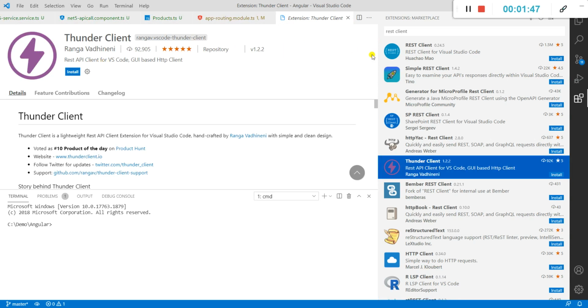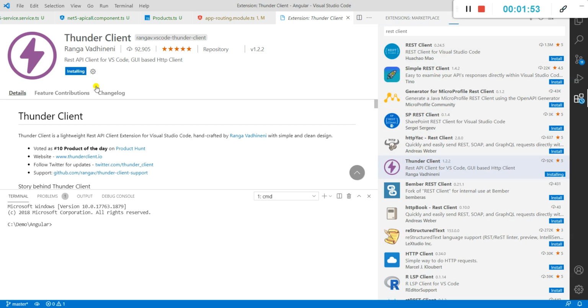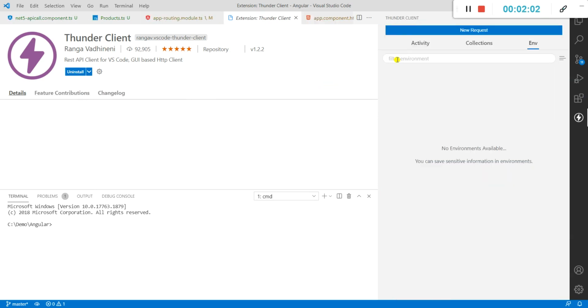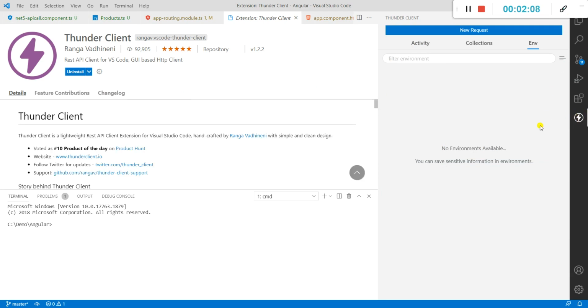So first, after doing the search, select the tool that you want to install and click on install here. Once it is installed, let's perform some testing with this extension. After installation, you will see one icon in your Visual Studio Code. In my case, it is on the right side. You probably have it on your left side. I have changed this setting. So here, double click this